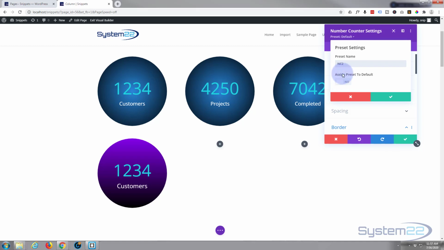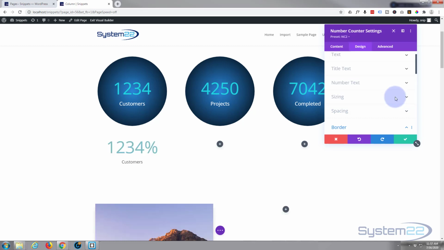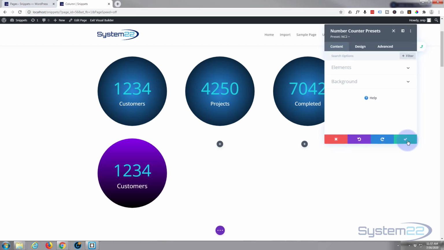Now I'm not going to assign it to default. If I do that, it's going to change all of these to this color, and any new ones we put in, it'll automatically put these styles in for us. So I'm going to leave that one off. I'm going to save this one, save this,